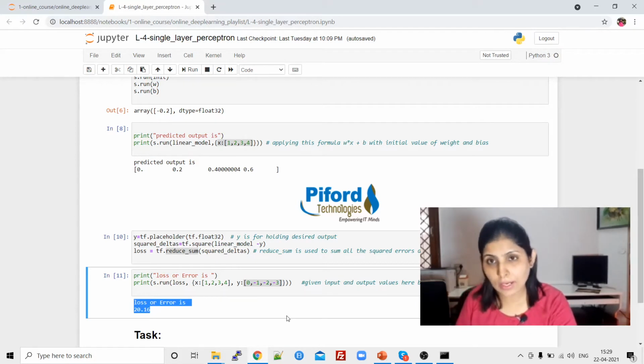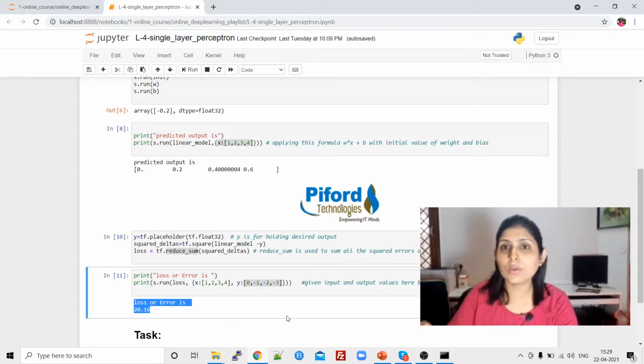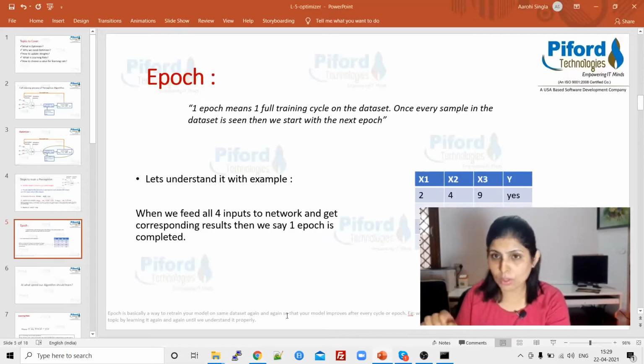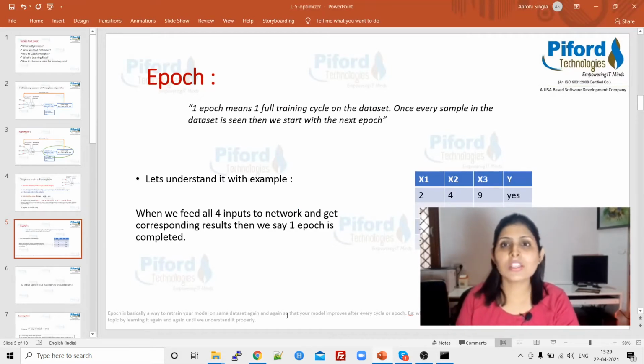You need to tell your algorithm, and then it will work for that many iterations. So one thing is what the next weight value should be. The other thing is how many times we want to update the weights. That again we have to mention in the code, and that thing is called an epoch.